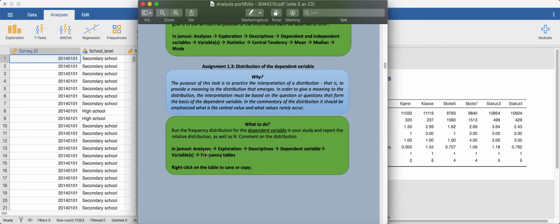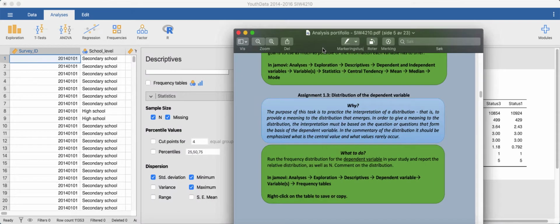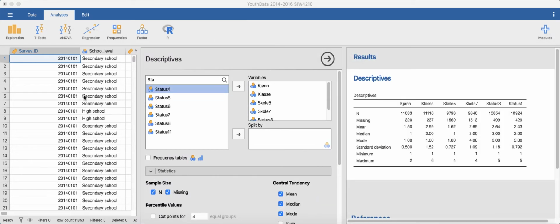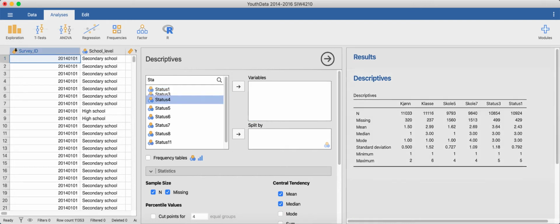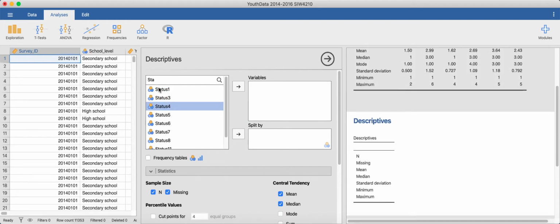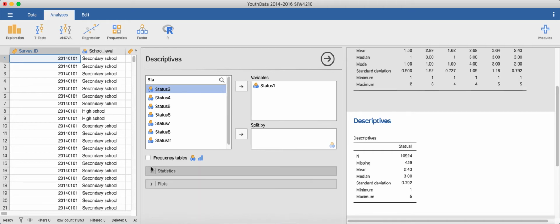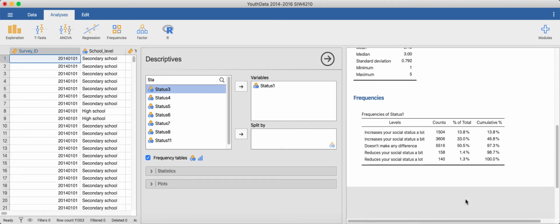In your program you do analysis, exploration, descriptives, dependent variable over in variables, and then the frequency table. And you can right click on the table to save or copy. Okay, so then we choose exploration and we choose descriptives. And I already have status here, so STA. So then I know that status 1 is my dependent variable, so I can just take over that, and you have to tick off for frequency tables. And yeah, then you get this